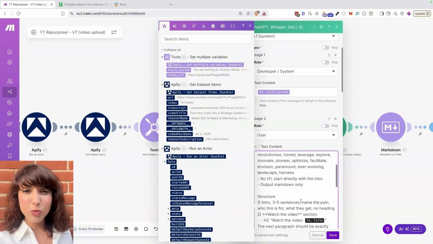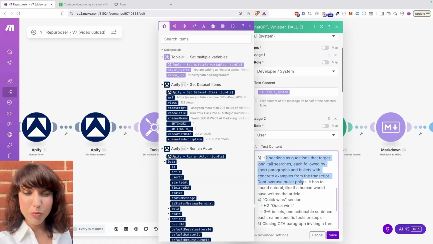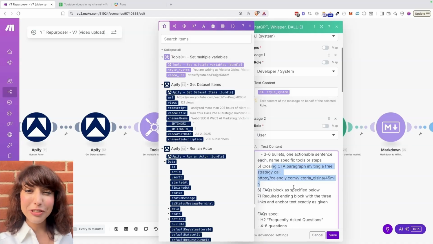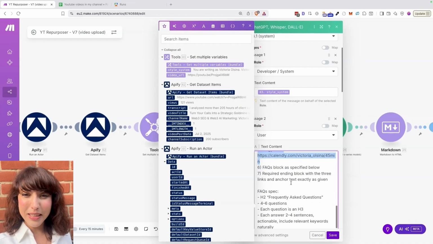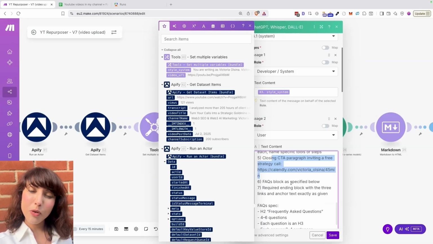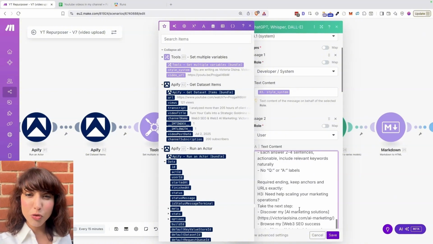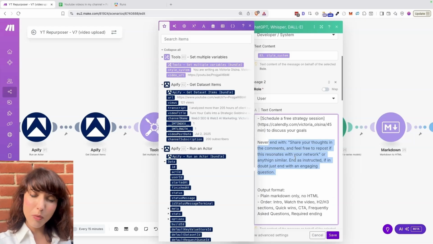Now, what else do we have in this prompt? We have that the H2 sections should be questions. We have a quick win section, a closing CTA telling people to book a call in my Calendly. You should do that if you want me to help you. FAQs, how to write these FAQs, and next steps, never end with